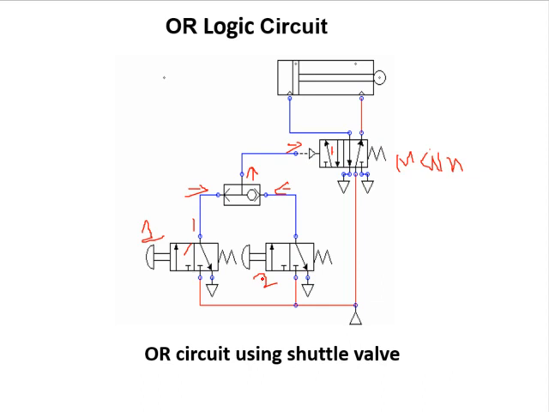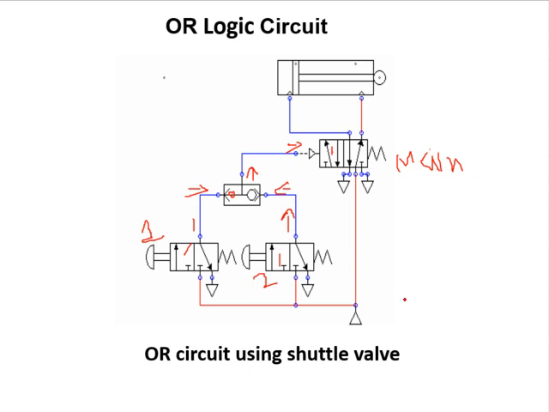Now let's say push button 2 or DC valve 2. If you press this push button, the first position of the DC valve will actuate, then it will provide a signal here. The air will pass through this line and apply pressure on this valve. Now this valve will shift towards the left side. Now the air will pass through this line towards the output and then it applies force on the main DC valve again. So again we get the forward stroke.